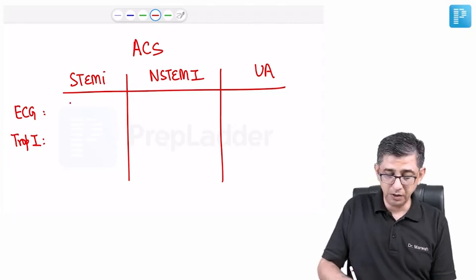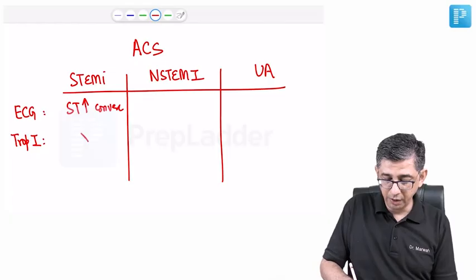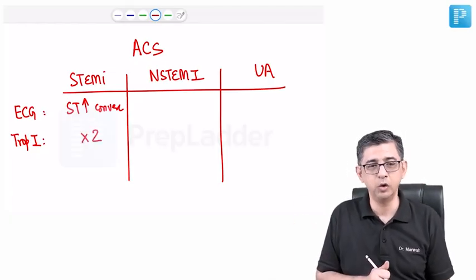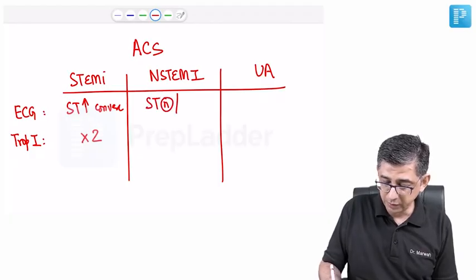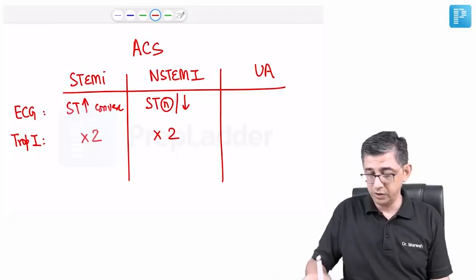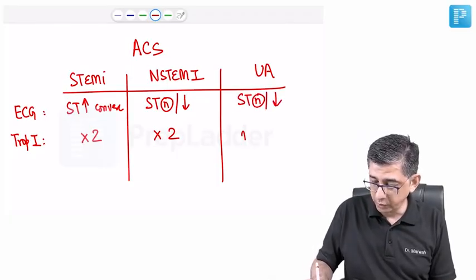So if you're having ST elevation, convex in the upward direction, as I told you, no issues, and doubling or tripling of troponin over the upper reference limit, the 99th centile of the upper reference limit, cool. If it is rather ST normal or ST depression with doubling or tripling of troponin, then it is non-ST elevation MI. But suppose you get a question in which there is ST normal or depression,